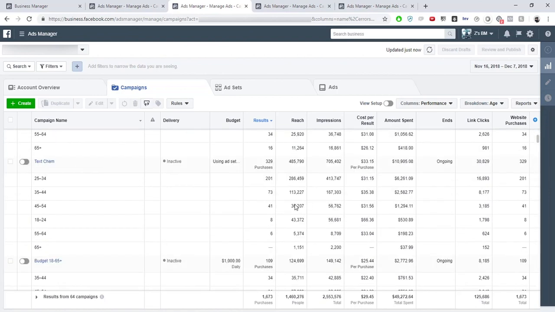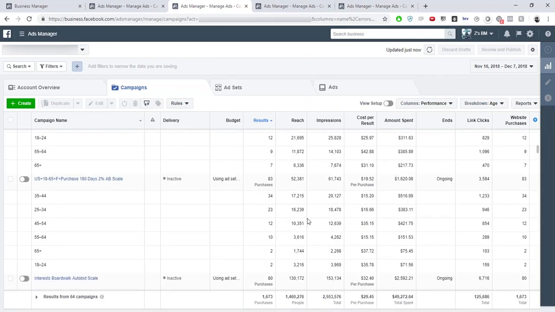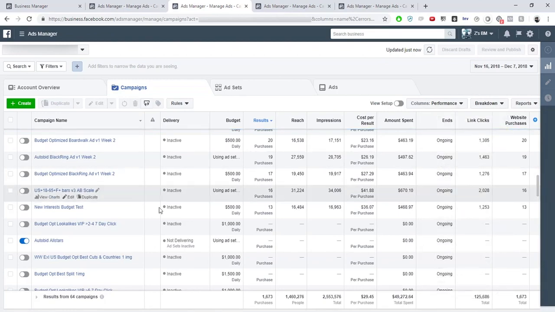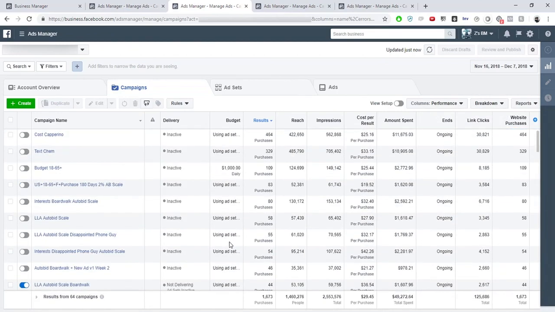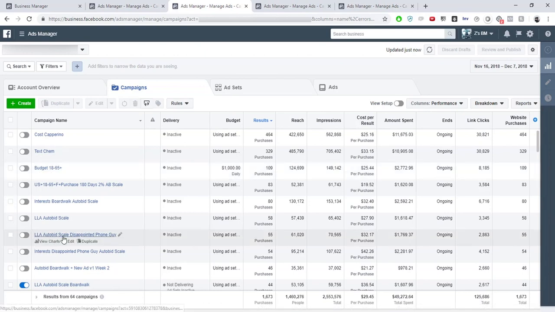I've done that with a lot of the ad sets. Notice again the campaign budget optimization numbers are different, and then they're even different again from my lookalike scale. I'm not going to get too deep into it, but the point is you want to sort like with like. So if we're doing manual bidding, keep them all in here. If we're doing just your starter campaign for auto bidding, keep them all in one. And then when you're pulling stuff out, like budget optimization, or if you wanted to lookalike auto bid scale a particular image, which is what I did here,